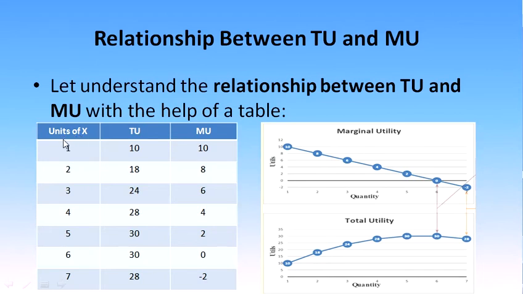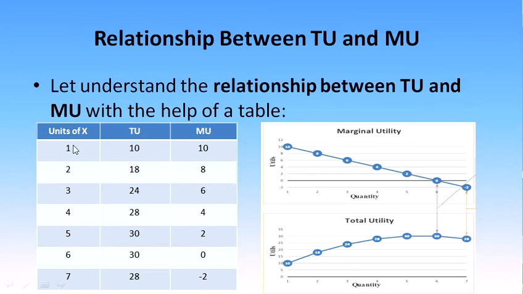Here in this table, in this schedule, we have the first column, which is units of X. Next is total utility, and the third column is marginal utility, MU. Now I will explain in a better way, and you will also understand better the formula that we have already done. This is the first consumption. When the first consumption is taking place, let us take the same example of burger.